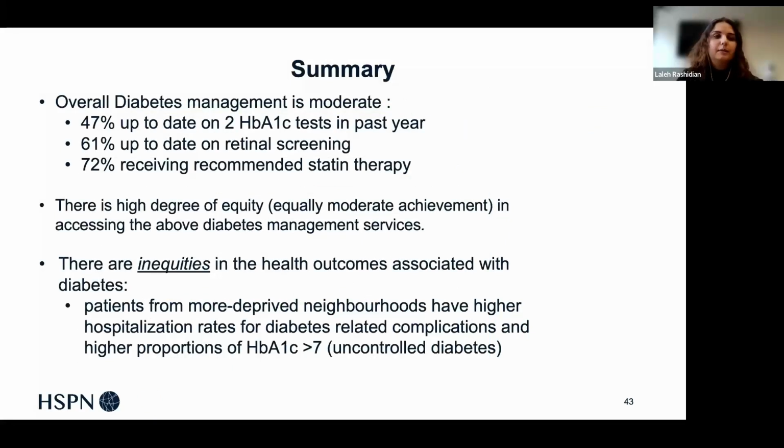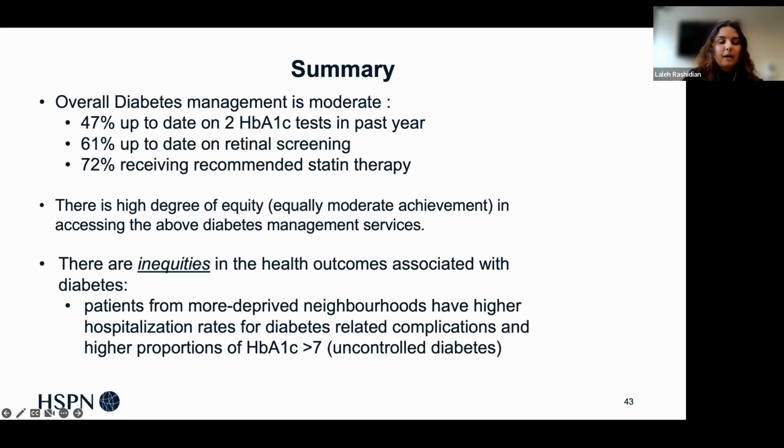So to summarize, what we see from the data is that overall diabetes management is moderate. 47% of our patients are up to date on their 2 HbA1c tests within the past year, 61% are up to date on their retinal screening, and 72% have received the recommended statin therapy. And what we saw, if you recall, is that we had a high degree of equity in these three population management